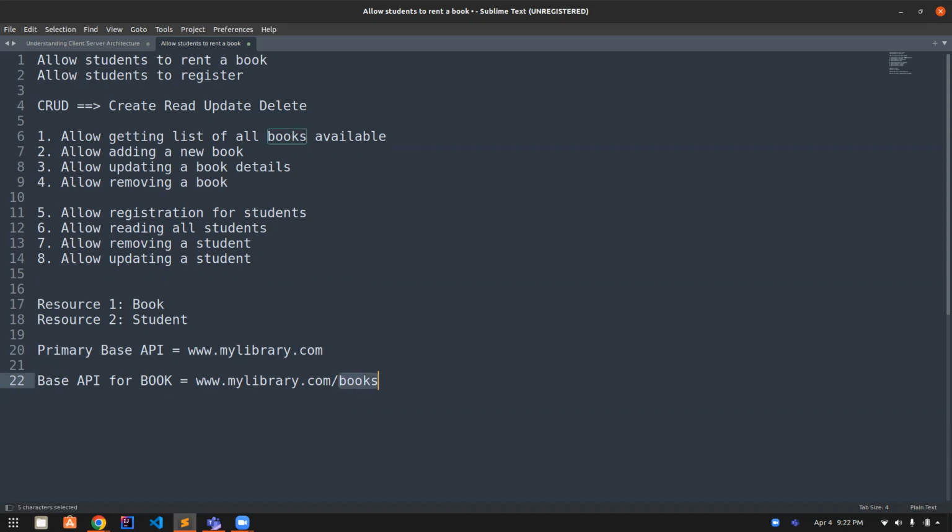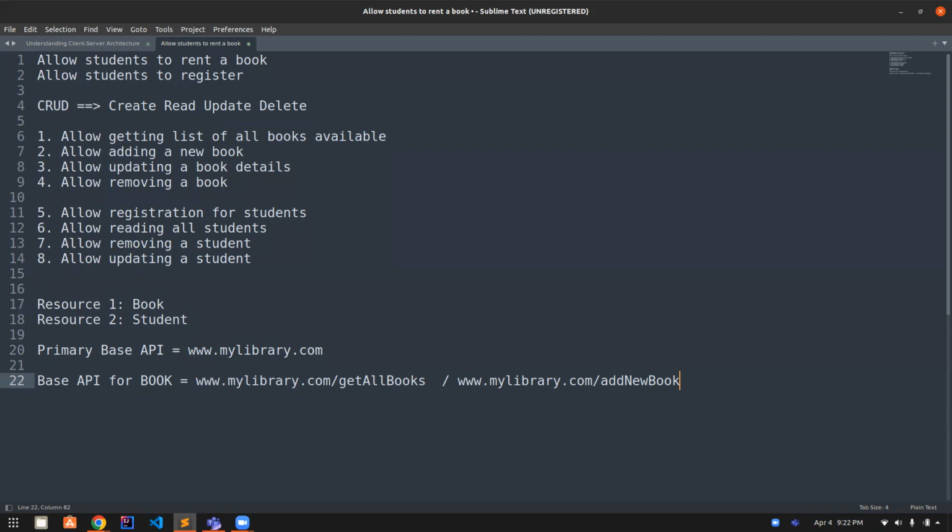The difference between a REST API and any other API is that we never write something like get all books, or something like that. The first funda of writing RESTful APIs is that you always treat the resource as